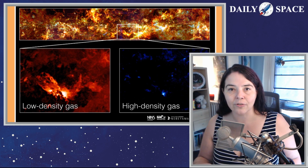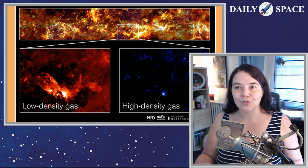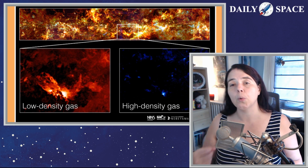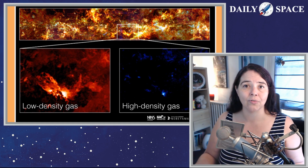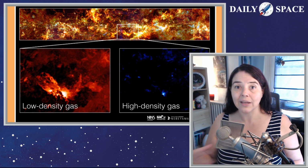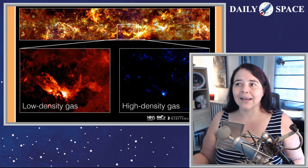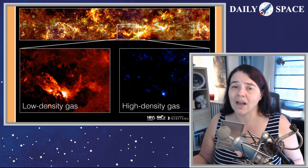Well, when astronomers from the National Astronomical Observatory of Japan used their Nobeyama Radio Observatory to probe the density of gas in the Milky Way, they found that the problem is actually one of, well, low gas density. In this case, what they found is the sky is filled with stars. It's filled with gas and dust,